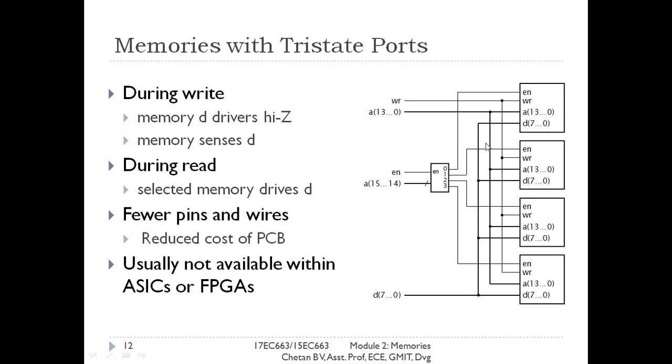Suppose we want to perform write operation on the first location, then first of all what we have to do here is these two address bits, that is A of 15 and A of 14, should be made 0 and this enable should be 1. This 2 to 4 decoder selects or enables the first component. At the same time, second, third and fourth components will be disabled by applying 0 through these three output lines. When the first component is active, we can access only locations of first component. To perform write operation, we have to apply 1 to this.